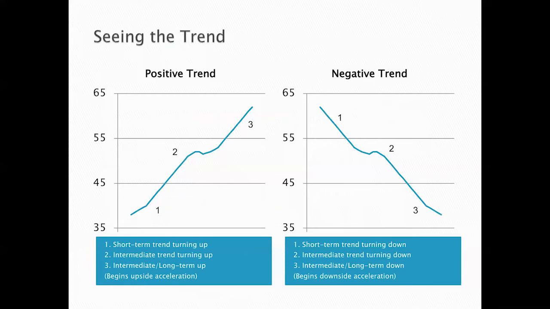In the lower left, it says begins upside acceleration. Well, the RSI will break that 60 level, and then you see the 9 break it, and it might go up and make a bearish divergence. And everybody says, oh, it's time to get out, and they get out. So many people get out near a top that's just a trading top. The longer term trend is still to the upside because the range rules and now the moving average of RSI has crossed 60, saying you're just starting upside acceleration.